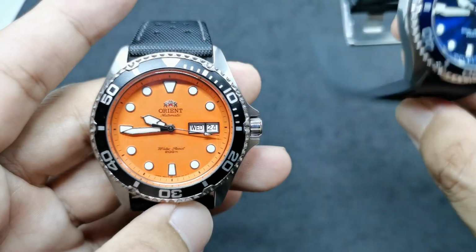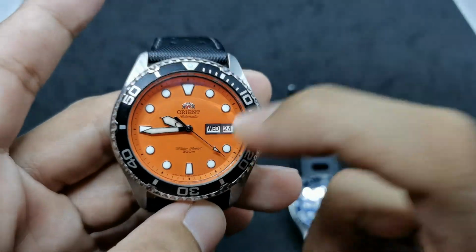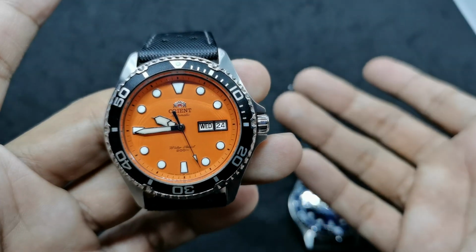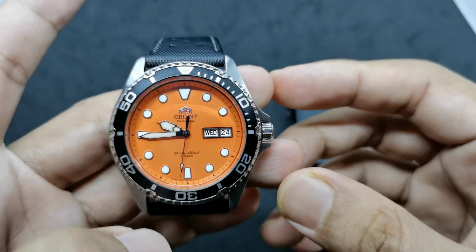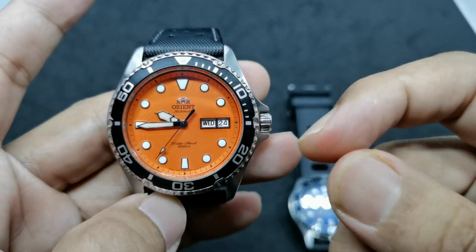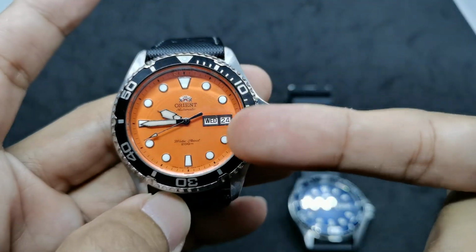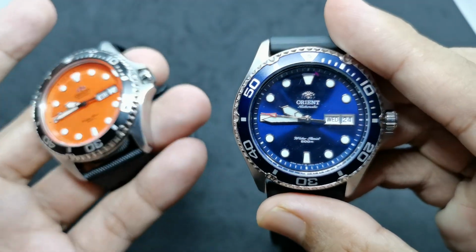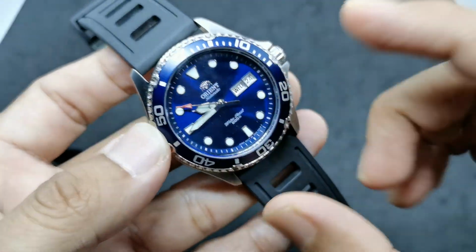Get that one, because on that one you have, of course, the improved bezel, the improved crown, and you get the sapphire crystal, which this one does not have. So if you like the styling of the Orient Komatsu, go ahead and fork out a little bit of money, do whatever you need to do to get that extra 100 bucks and go for the Orient Komatsu. But if you do prefer this styling, this somewhat Rolex-ish looking style, if you don't want the orange style, but you want some kind of a dressy sea diver, go get yourself an Orient Ray 2,